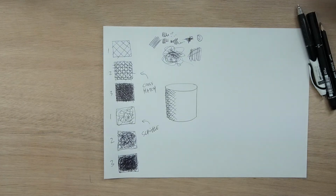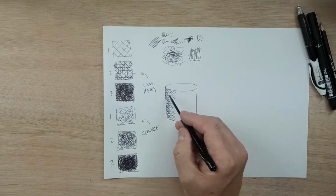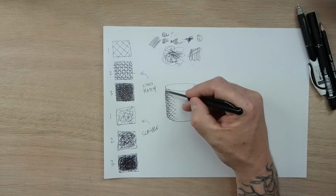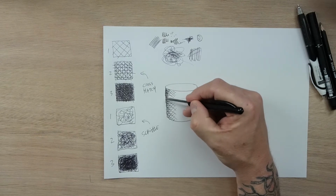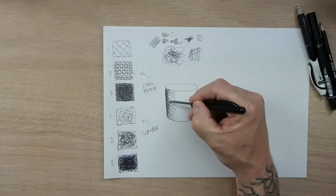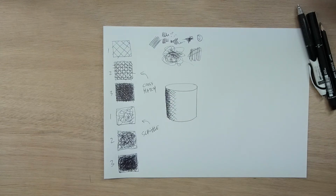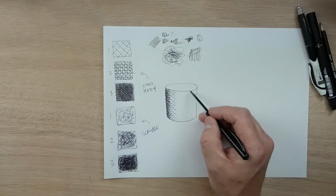Cool. Then I'm going to add a little bit of scribbling into this left hand side. So watch how I do this. It's just going to be like some scribbles, not too hard. Just like that. Cool. And I'm going to repeat the process on the other side. Okay, so then